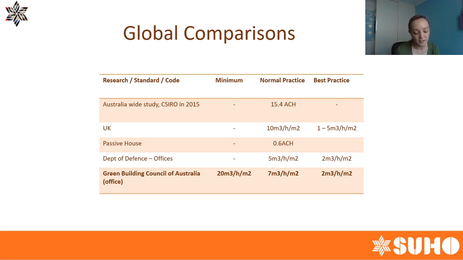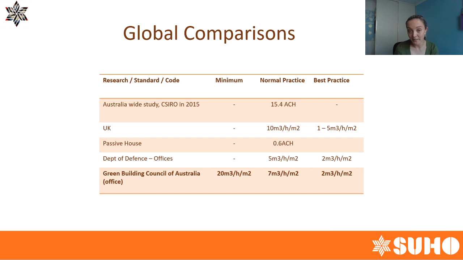Having a funny discussion with one of the ATMA representatives, he said that sometimes it can be the case where the moving truck is in the driveway, waiting to move a family into a home, and the blower door test will fail and the family can't move in. So that's pretty extreme, but that's the way it is over there. Passive House must achieve a score of 0.6. The Department of Defence are another example of an organisation that